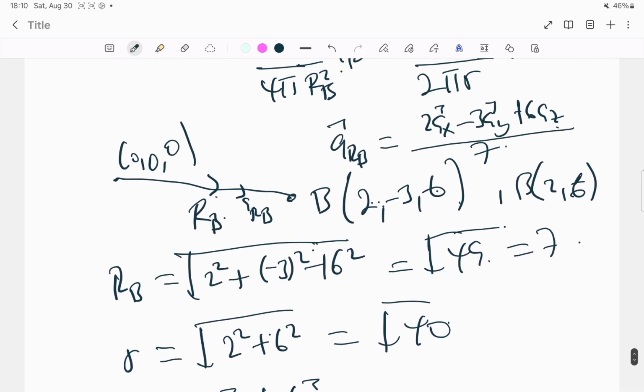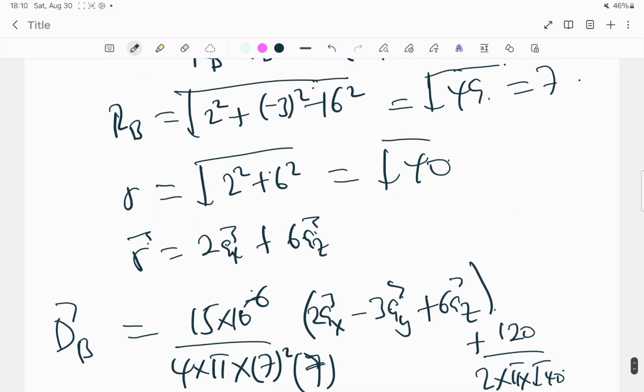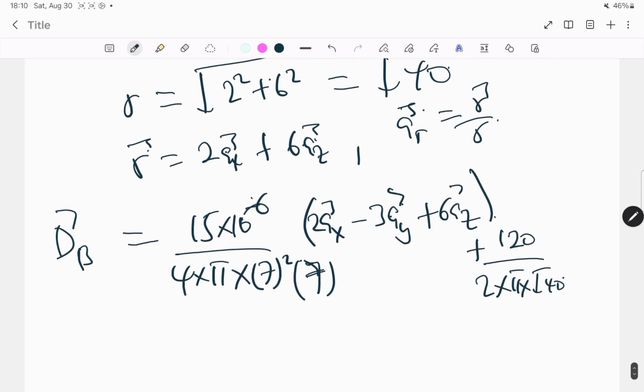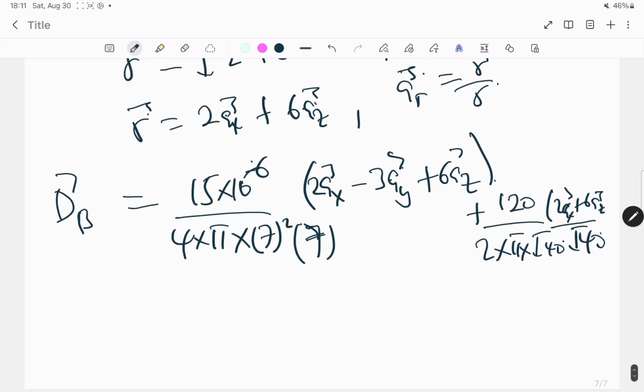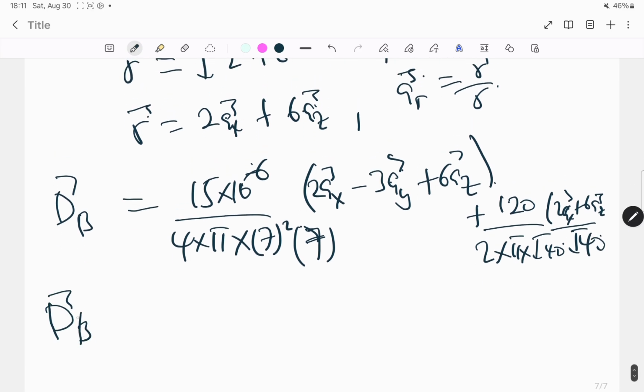And again, for this one, we have to get the unit vector. So this one, r will be equal to the vector r over its magnitude. So the vector r is what, 2 plus 6 along the z over its magnitude, which is what, root 40. So now that we've done this, the electric flux density at point B will now be equal to,